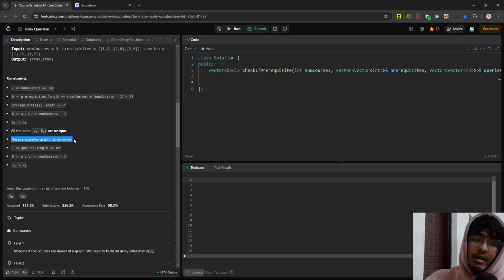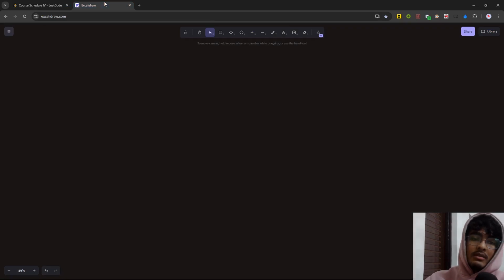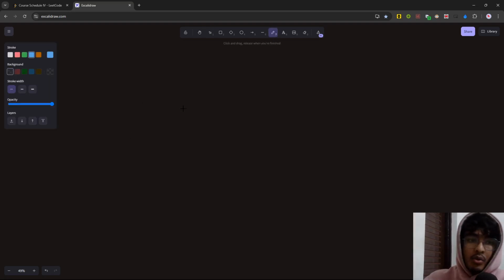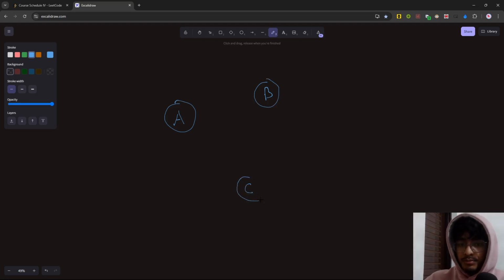Also this graph has no cycles. Let's discuss what this means. In this drawing tool, let's say I have a course A and course B and course C. So if we had a cycle,